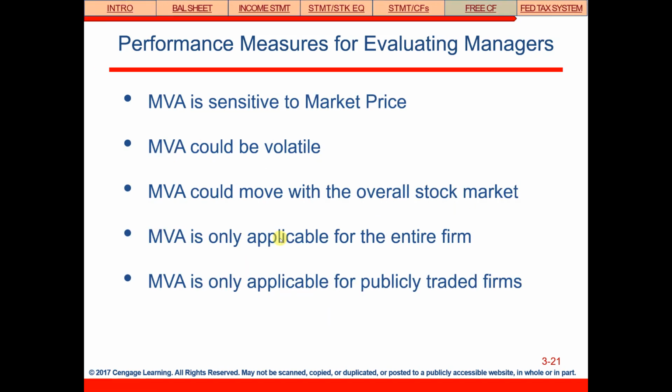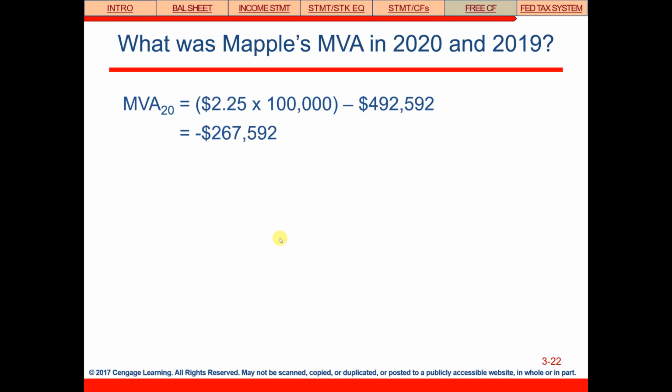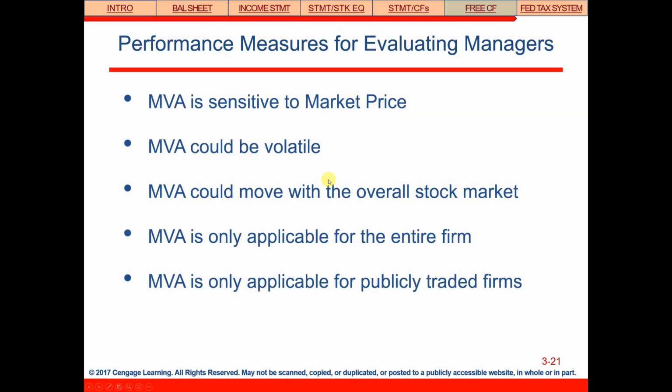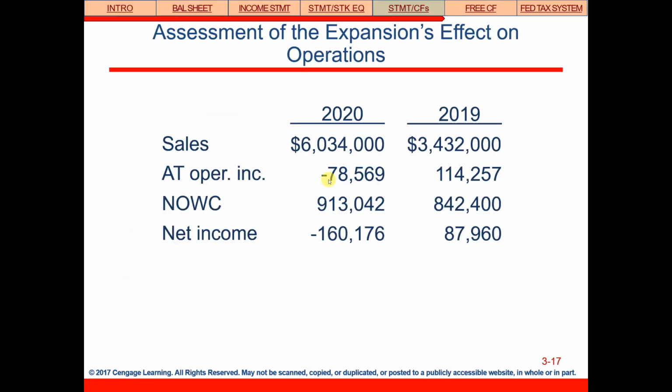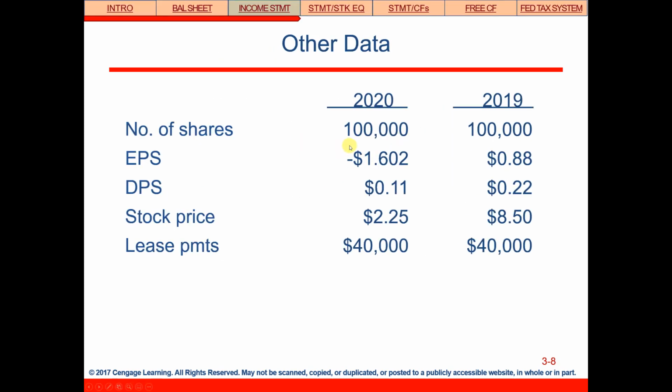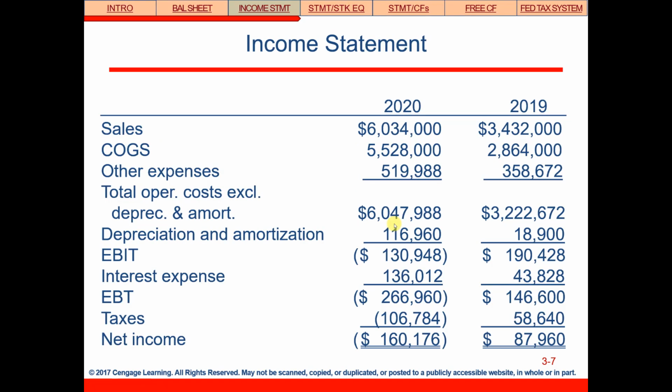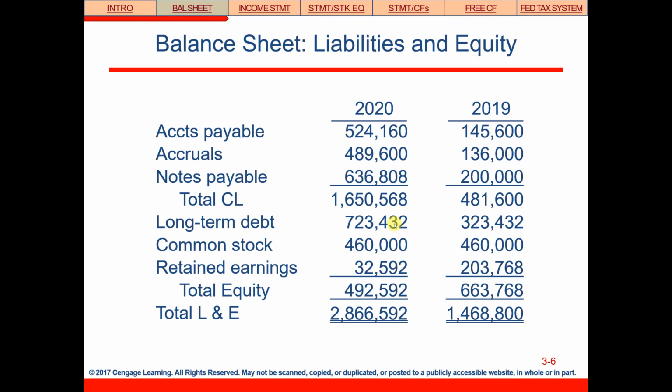If you're calculating market value addition, it's the stock price. So in this case, the stock price is $2.25 times how many shares outstanding, minus the book value. So if you go back, the number of shares for 2020 is 100,000. The stock price is $2.25. And in your balance sheet, you can see that total equity is